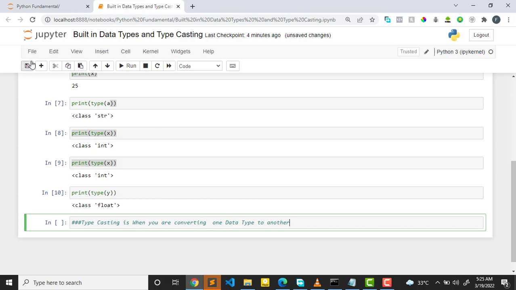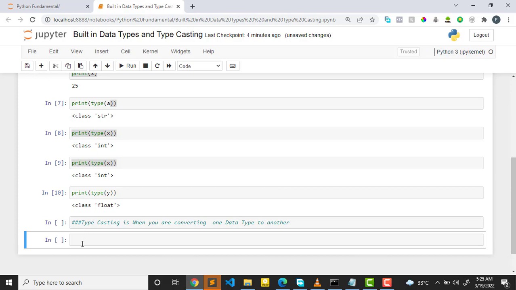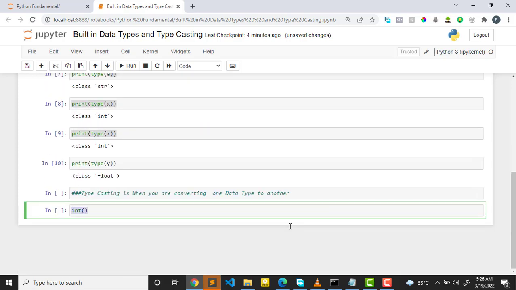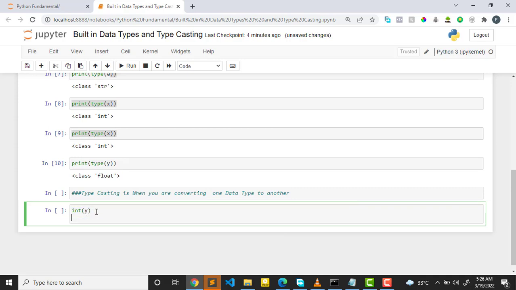So what am I saying in essence? Let me create another cell, and I just say int. I just say open and close bracket. This particular thing helps us to convert any variable to integer. Let's say what type of float do we have before? I think we have Y. So if you now put Y inside this place, and you say you want to print,